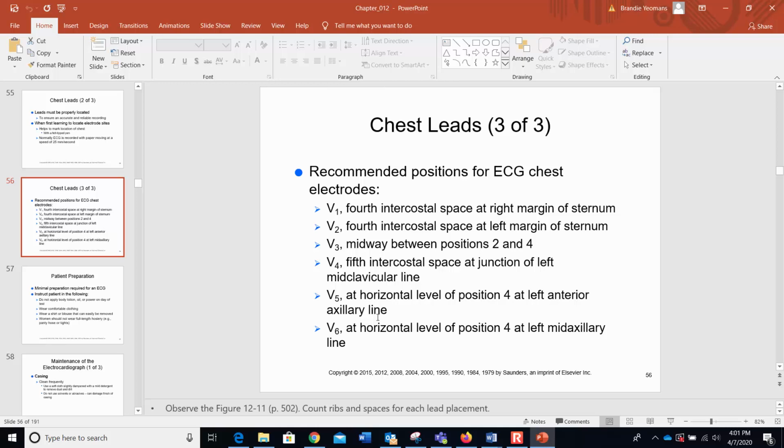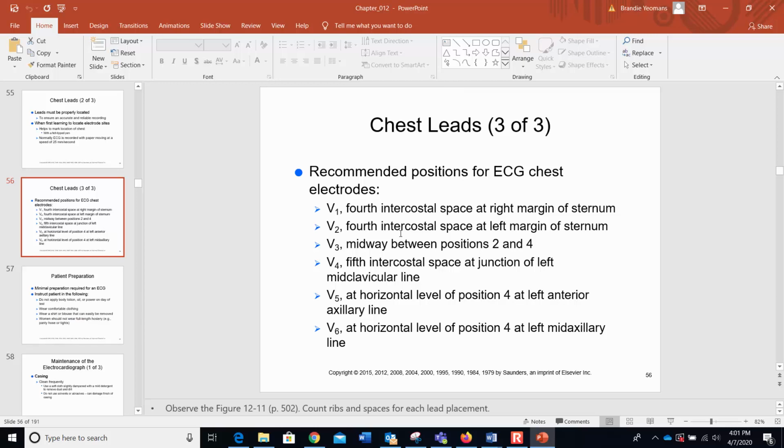That's going to be, remember the axilla is the armpit, and then V6 is going to be at the horizontal level of position 4 at the left mid axillary line. So yeah, that's a lot of words, but what you're really wanting to do is learn how